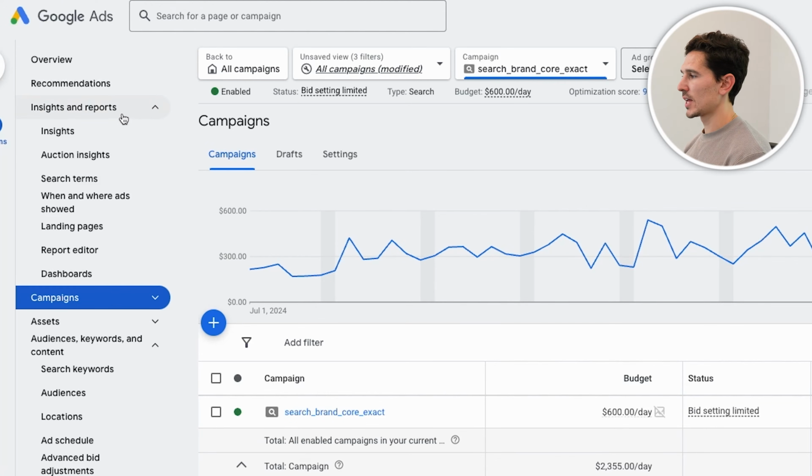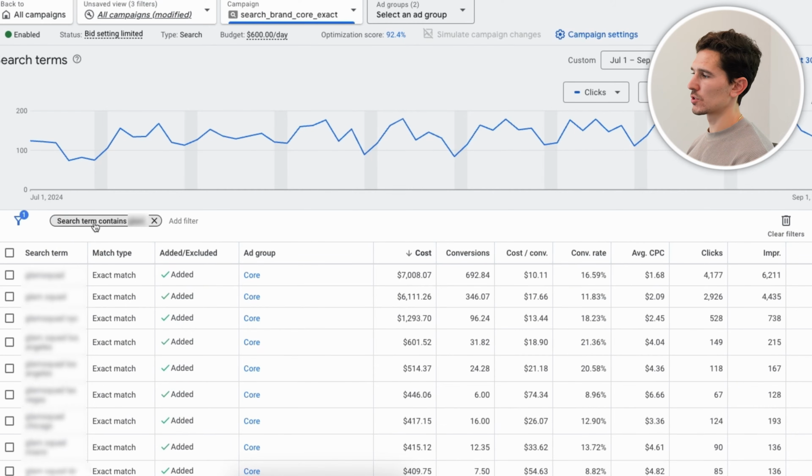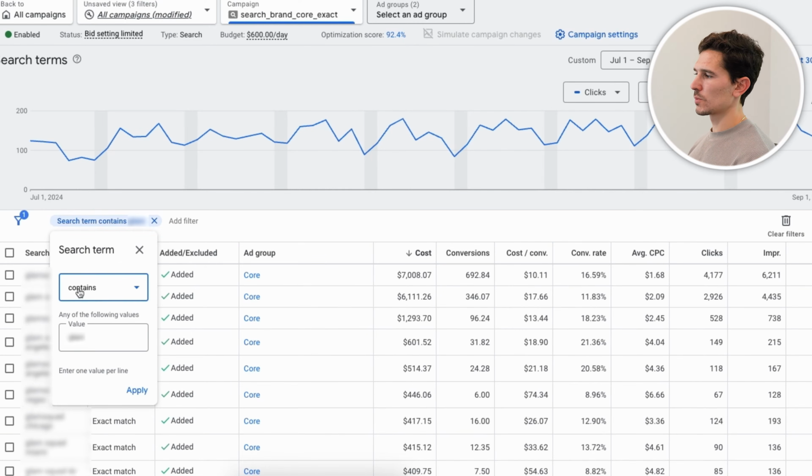However, if you're getting hundreds of clicks or dozens of clicks per day on your brand terms, then it's time to take some action. So what you're going to do is on the left-hand side, when you're clicked into the campaign, you're going to go to the search terms first. And once we get into the search terms, we're going to add a filter. What I want you to select in this filter is search terms that